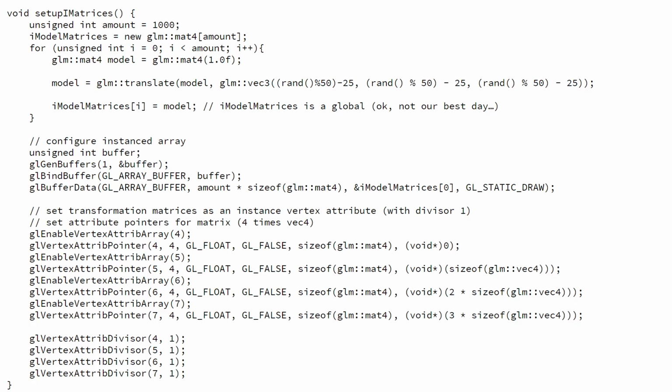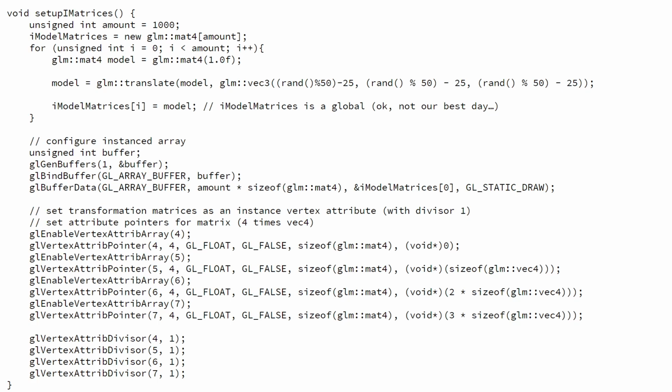And there is a special function, glVertexAttribDivisor, where we basically tell OpenGL, after each instance, do we want to change the value? Do you want to increment the value?